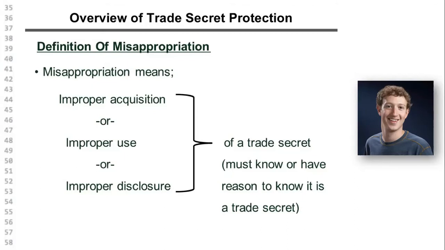That's the Winklevoss's theory of their case. Improper use, that would be that second scenario, that even if you began with good intentions, you used our source code without our consent. Or notice this third way of theft of a trade secret, which is just improper disclosure to a third party, even if you don't use the trade secret, or even if you didn't acquire it illegally, but if you share it with somebody else who doesn't have permission to access it, then that's also considered trade